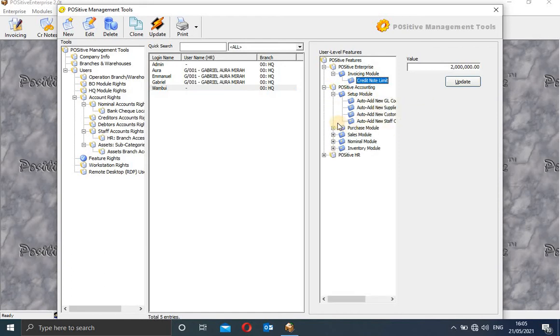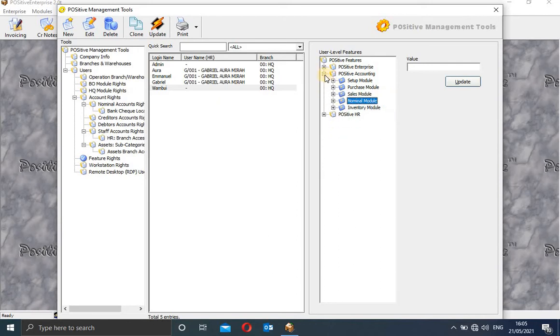And then including all this that we had explained earlier, you can give all these limits, and there are some things you can put like this GL. You'll say, auto add new general ledger and all that stuff. You can put there so that you activate. You can just put one and then you update. So once you put one and update, then that one will be activated. And then of course there are these pay queues, which we will discuss when we deal with the accounting module. So there are all different kinds of rights that you're supposed to give, so that you ensure the smooth workflow is done properly and everybody performs his duty without any hassle.